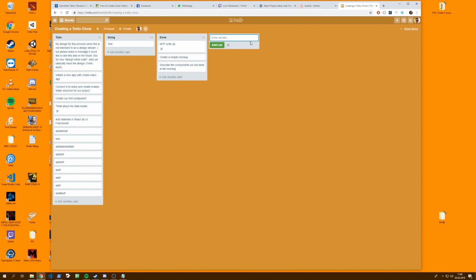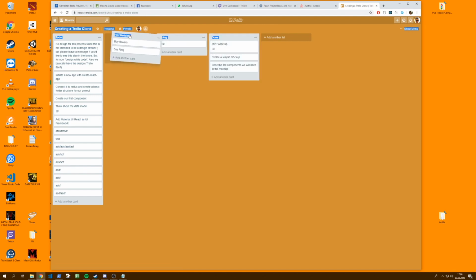Let's say you plan a wedding and you have a category called pre-wedding, and then on this list you can add several cards like buy flowers, and you can add another card, buy ring of course, and then you can also shift these around. You can also move the lists itself. You can have multiple lists,